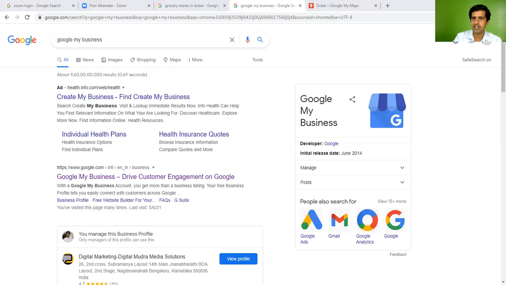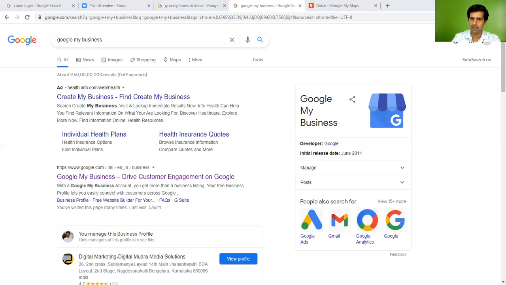Then it asks whether you also serve customers outside of these locations. If you are doing it online and doing delivery, we can say yes, we are also serving outside of the location. I'm basically talking about the physical local business. If you're doing online business as well, we can show that. It depends upon your business; you can select the option. Next, add the service areas. You can add the service area like Dubai, as I told, and we can move on to the next.